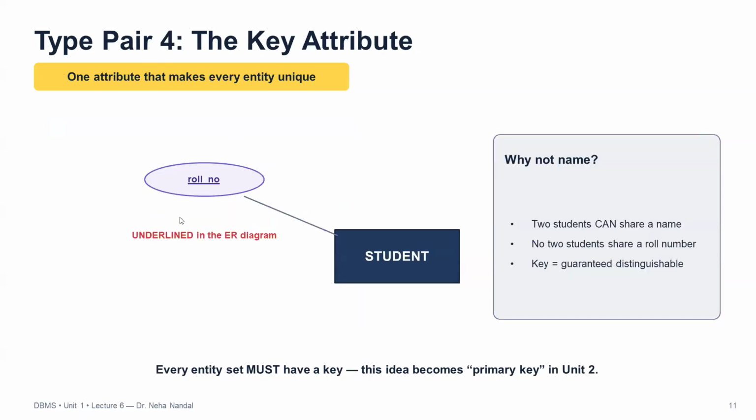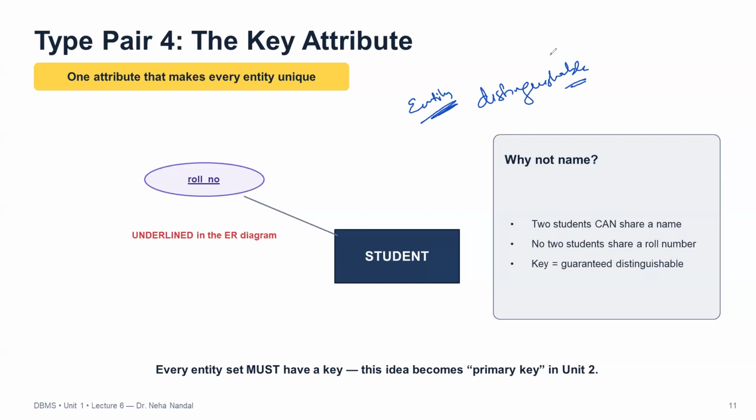Next, the fourth one is key attribute. That is the last one we are going to discuss in this types of attributes. And what are they? Basically, it connects to the definition of our entity itself. So entities should be distinguishable. I hope you remember that definition. Yes. So entities are what? They are real world existing and they should be distinguishable. Correct. So every entity set needs at least one attribute